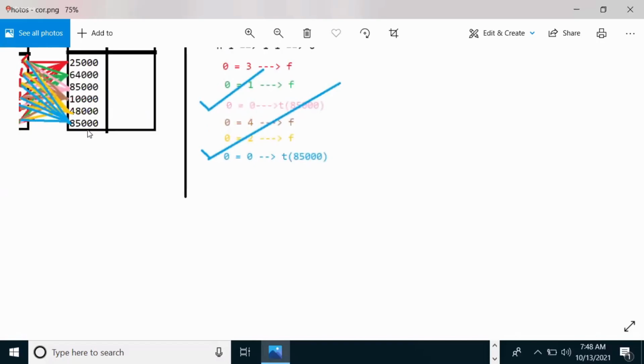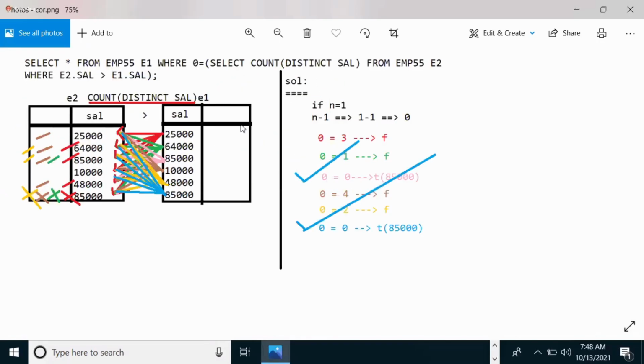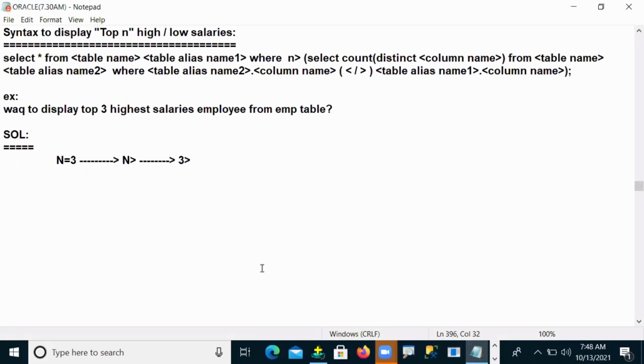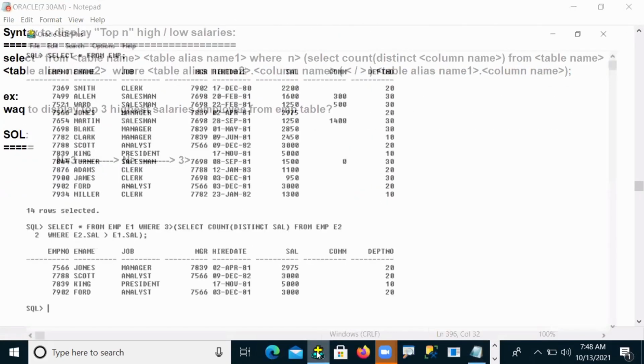Whatever I said in the last session, the same explanation: each and every row you need to select, and your outer query value is 3. So you compare 3 greater than the inner query values. The same execution process will not change here. Understand now? In that way it will be working, and we are finding the top 3 highest salary people.